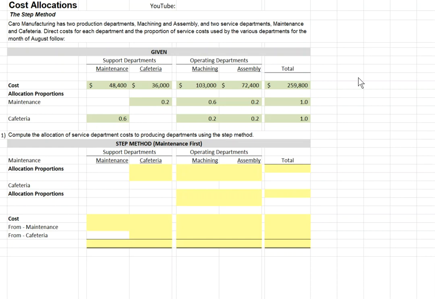In this video, we're going to allocate service department costs using the step method. We're told the carload manufacturing has two production departments, the machining and assembly, as well as two service departments, maintenance and cafeteria. The direct costs for each department are given below, as well as the proportion of service cost used by the various departments. Let's go ahead and solve the cost allocation using the step method, allocating the cost of